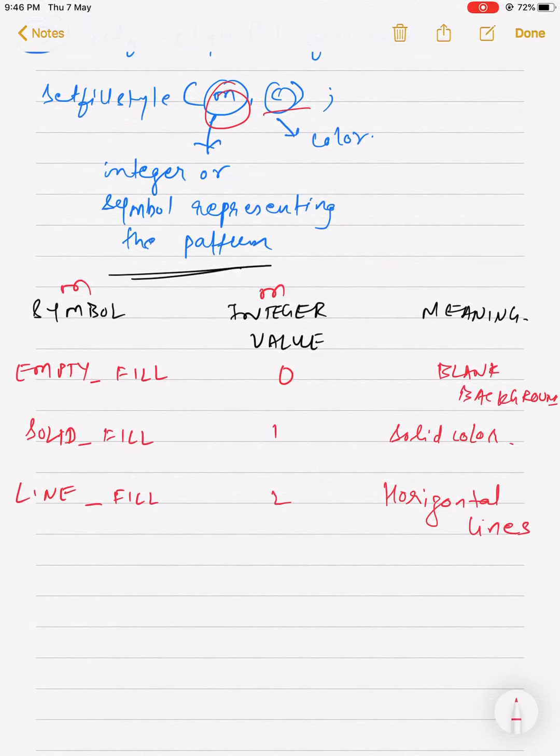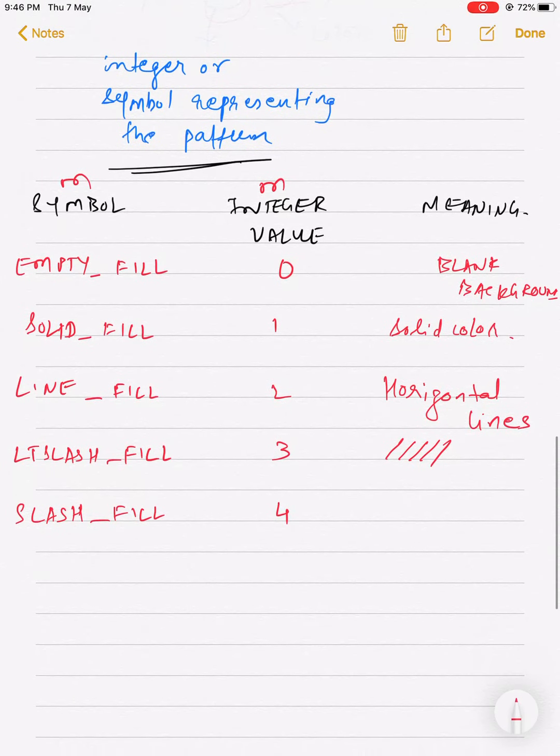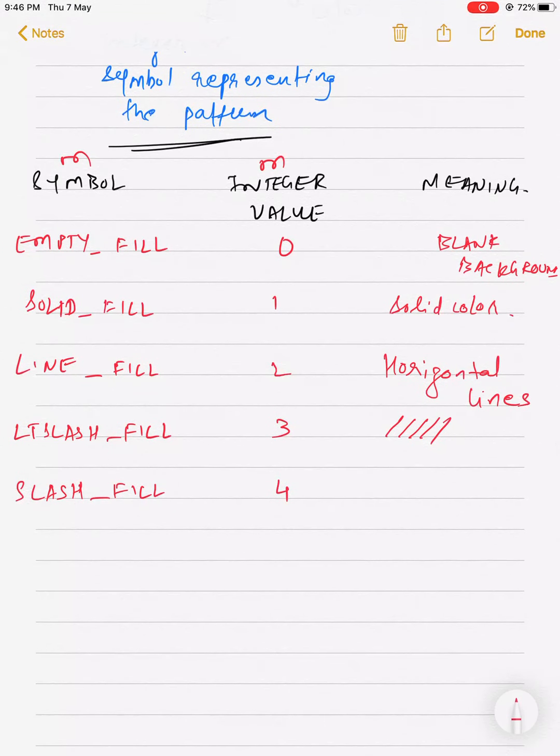Then comes LTSLASH_FILL, number 3. It will give this kind of pattern. Then SLASH_FILL, number 4, like this pattern but thick.